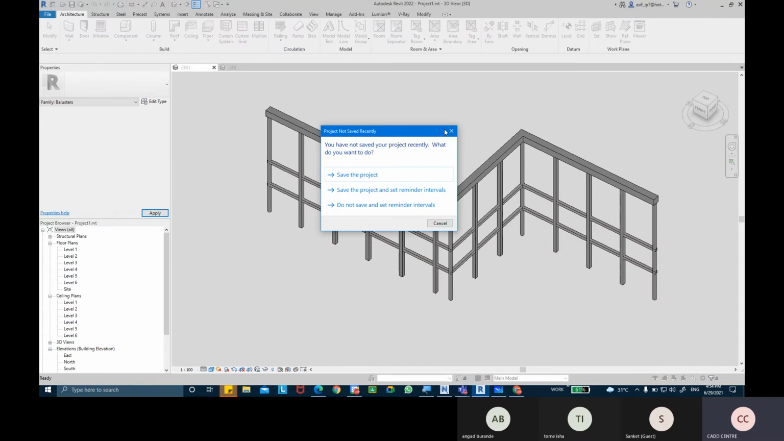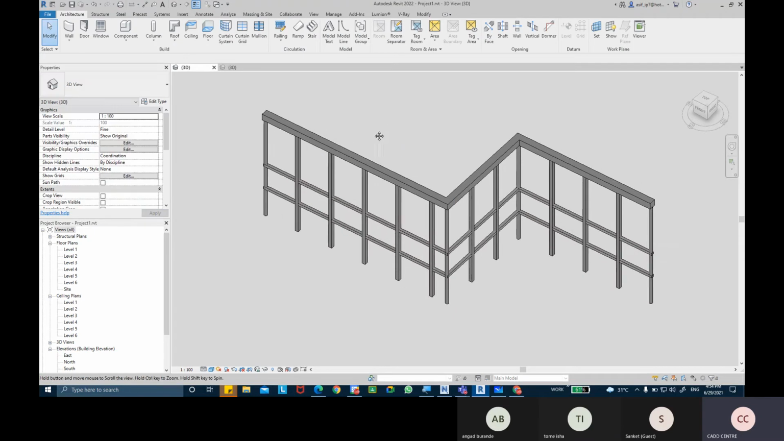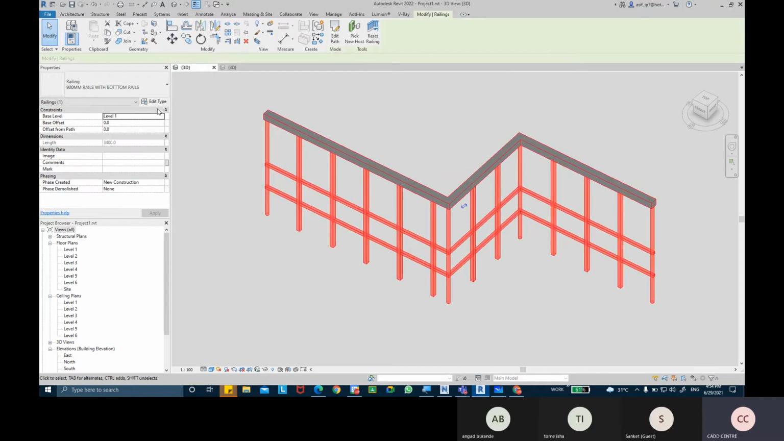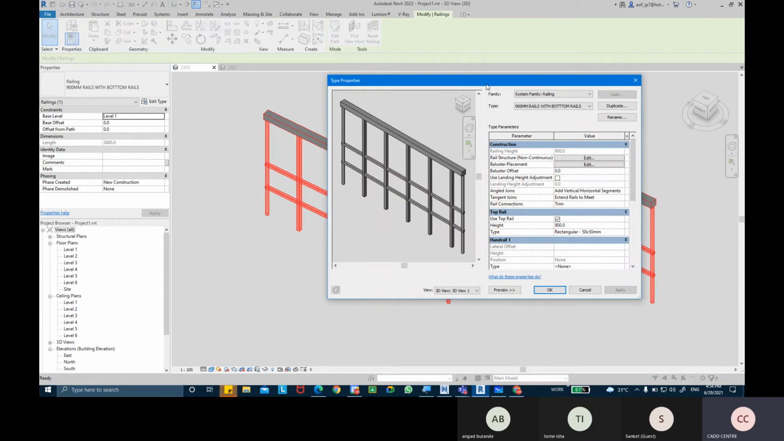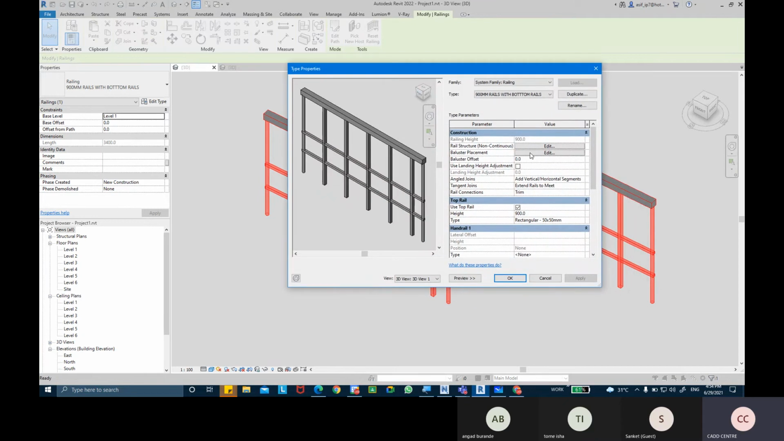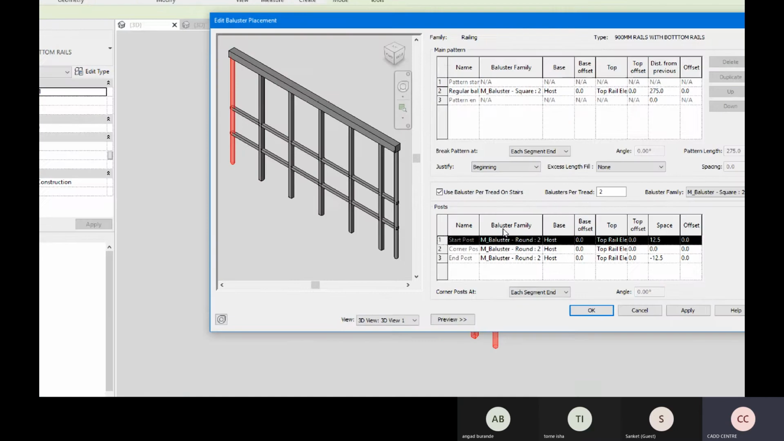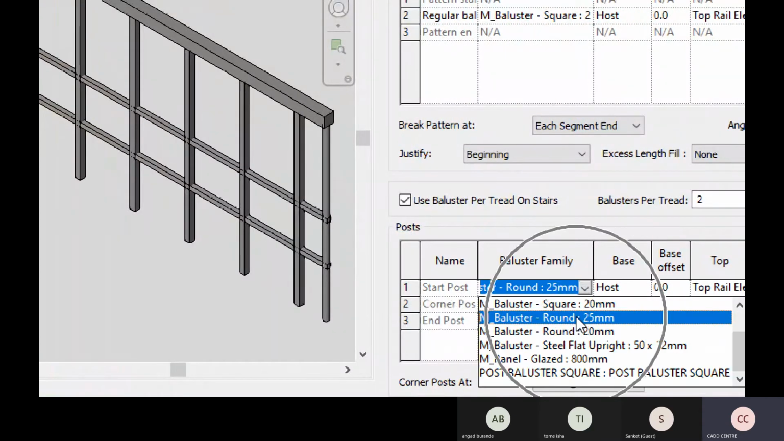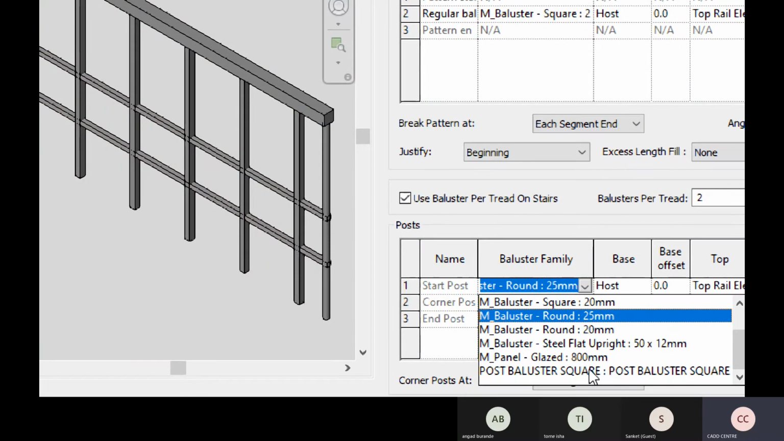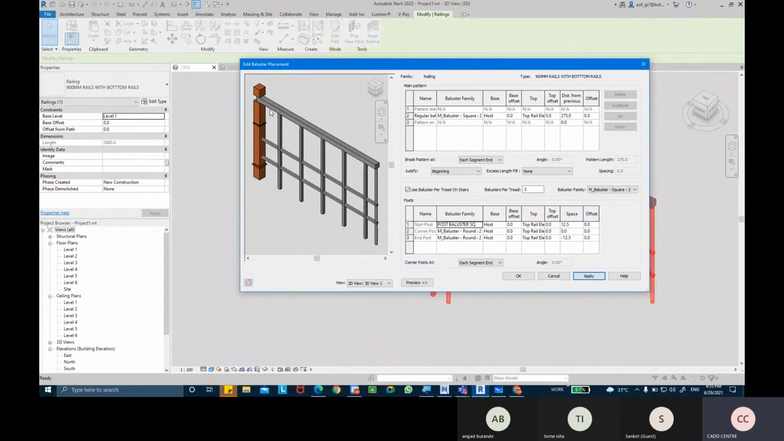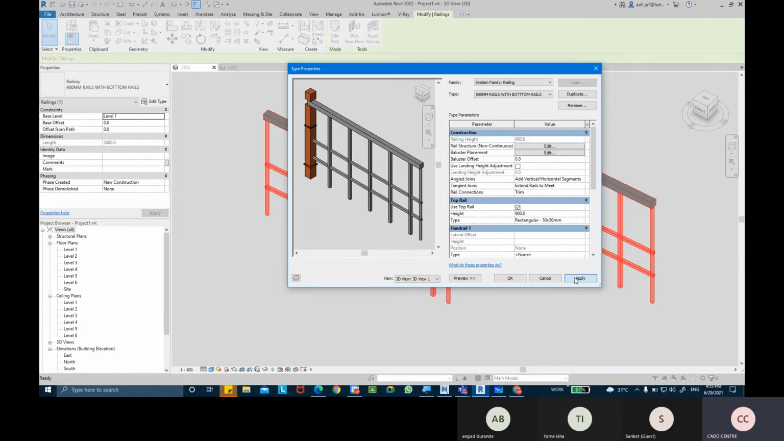So now that baluster family is being loaded into this project, which was running in the background. Now I can select the railings, come into the edit types, and when I switch into the baluster placement edit options and take the start post, you can see there's an option written over here to choose your baluster family. And currently we have chosen baluster 25 rounded ones. So now we can pick the one that we have created. On the start, I have picked the post baluster. If I click on apply, you'll see that there is a change in it. And now if I click on OK, apply and OK,